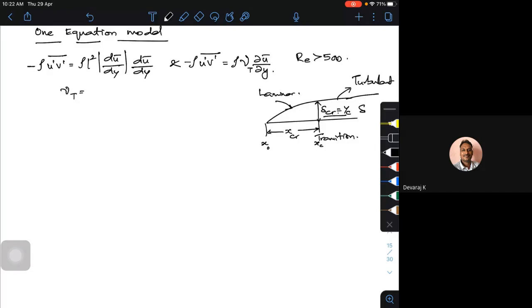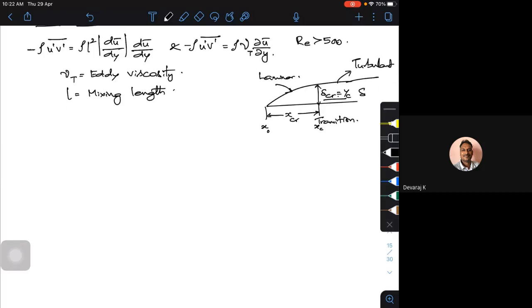For all those things, if you look at it, your gamma T, or what we call the eddy viscosity, this is your eddy viscosity for the turbulence. Then your small l is the mixing length, what we have considered in the Prandtl mixing length. It is the same with the mixing length. So both have some values. So L is equal to 0.41, as per Von Karman, and we'll stick to that value.